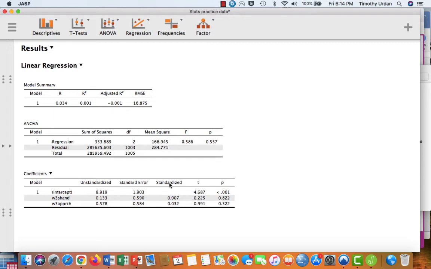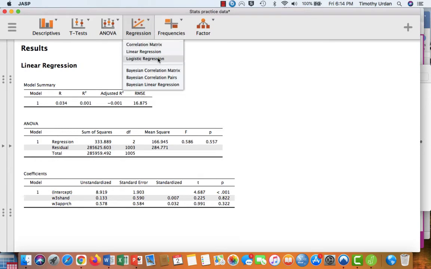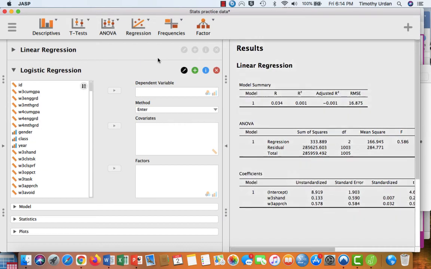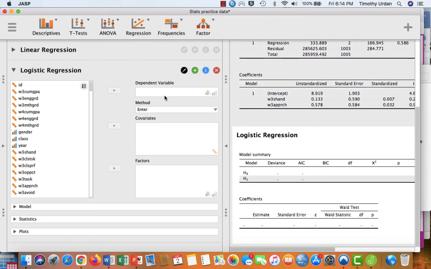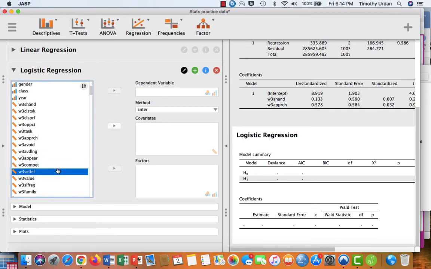As I mentioned, neither of these predictors is strong, neither is statistically significant, but you can see one is a little bit stronger than the other. So these results are not particularly impressive, but that's how you interpret a multiple regression in JASP. I'm just going to run one more quick multiple regression real quick, and that maybe has a little bit stronger results,